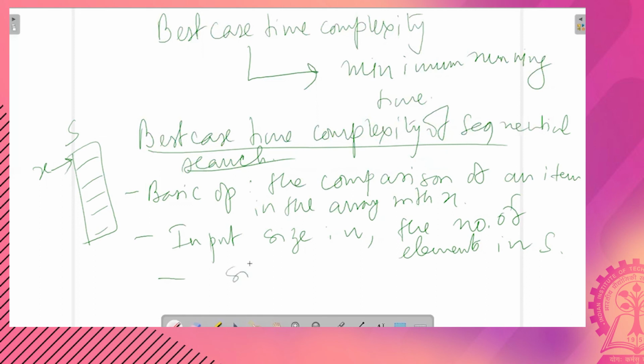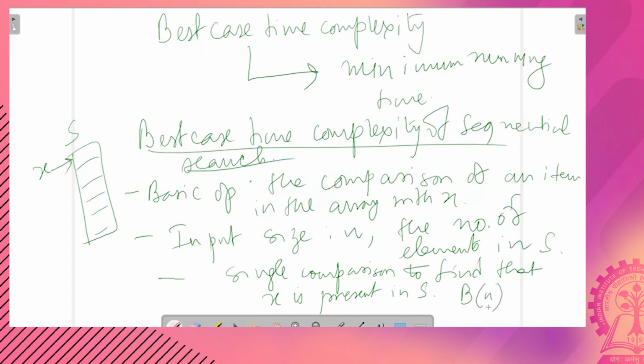So a single comparison to find that x is present in S. So the best case time complexity is denoted by Bn, which in this case is equal to 1, because you have to do a single comparison to compute the best case.